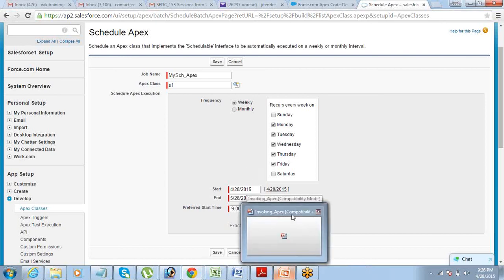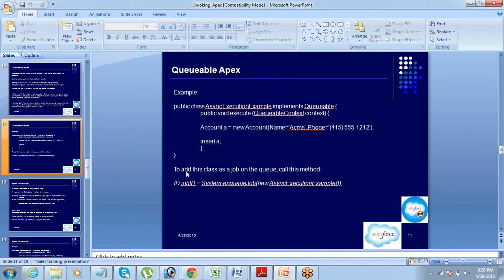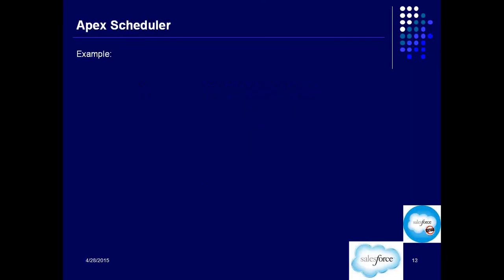So we have seen three different ways of asynchronous Apex, right? Queueable Apex, Scheduler, and then there is Batch Apex. Okay. Now, what is Batch Apex?